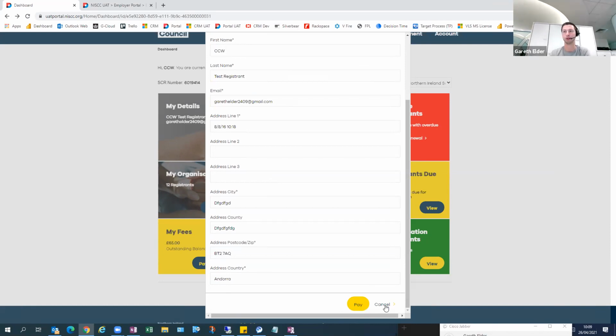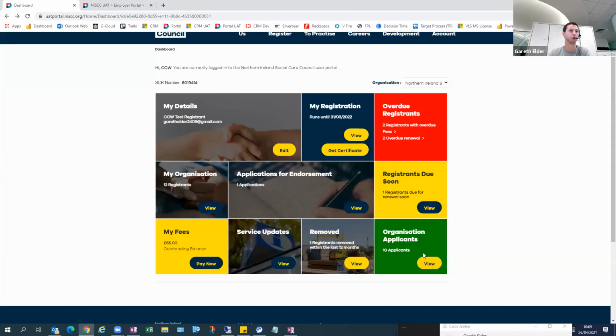It's all very straightforward. And this will be the same for the registrants going on to pay on their own dashboards. Their dashboard's slightly different to the employer one, but the fees remain the same. So I will show you now the overdue registrants. So if we click into one of these tiles,